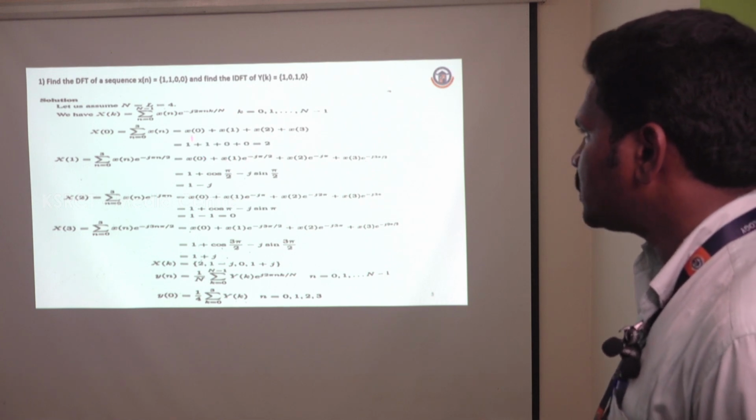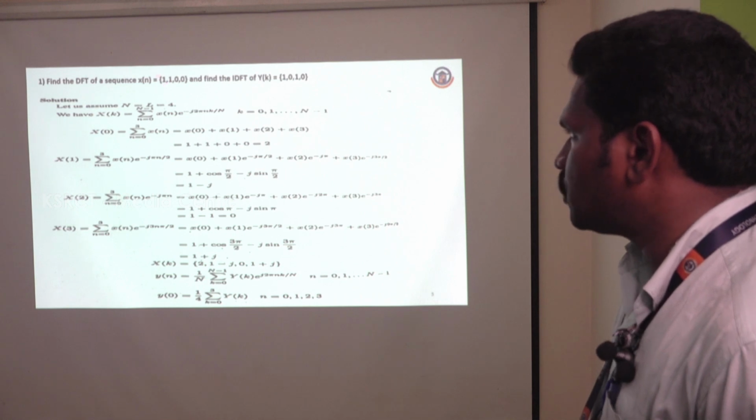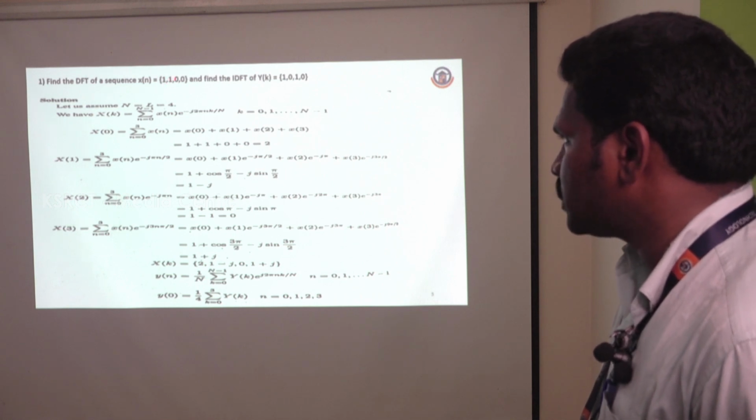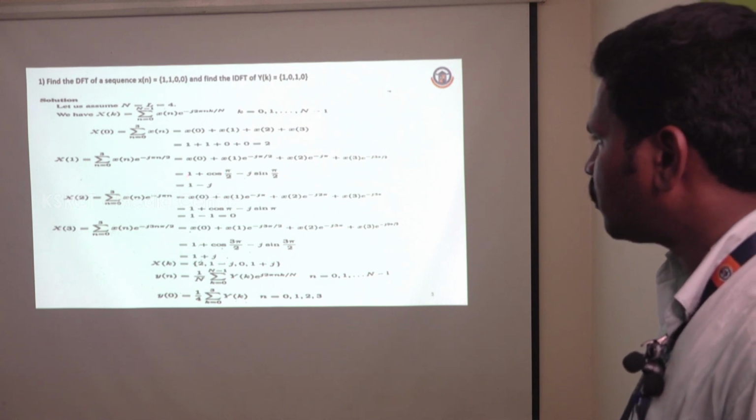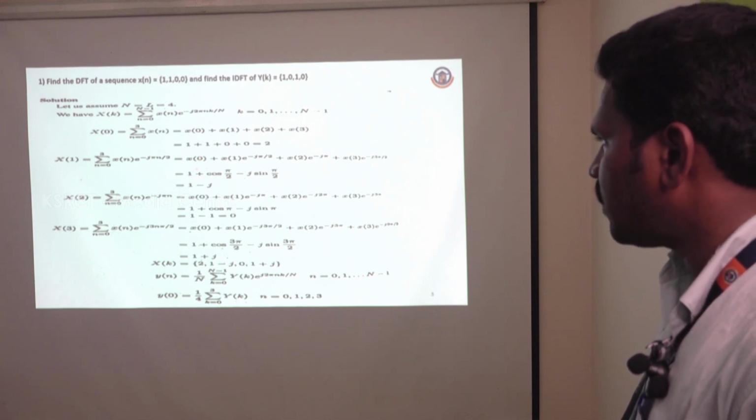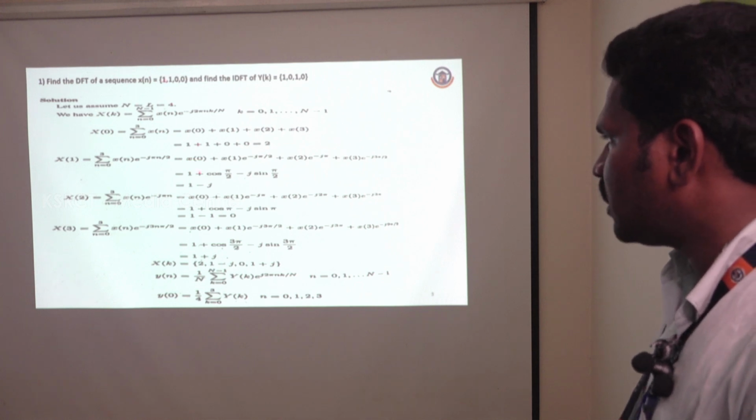For this, what is the given value? X of 0 is equal to 1, x of 1 is equal to 1, x of 2 is equal to 0, x of 3 is equal to 0. Therefore those two parts should be 0. Therefore 1, the x of 0 value is 1, 1 plus, and x of 1 is 1, therefore 1 into